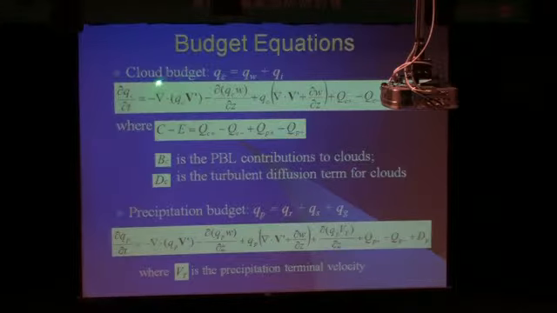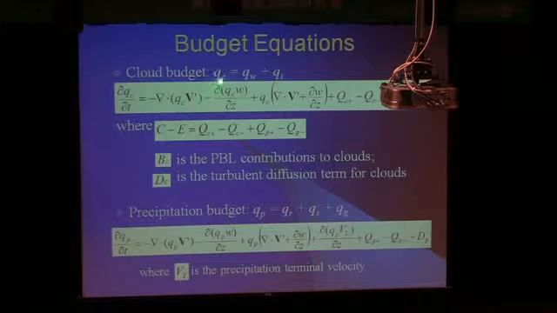And we do the same thing for the cloud field. Cloud field, which we mean is the combination of the cloud water and the cloud ice field. All the terms here are similar to the water vapor budget. And then we also do the same thing for the precipitation budget. Here, precipitation means the combination of raindrops, snowflakes, and graupel. By the way, for the precipitation budget, we have one extra term due to the sedimentation, the falling of